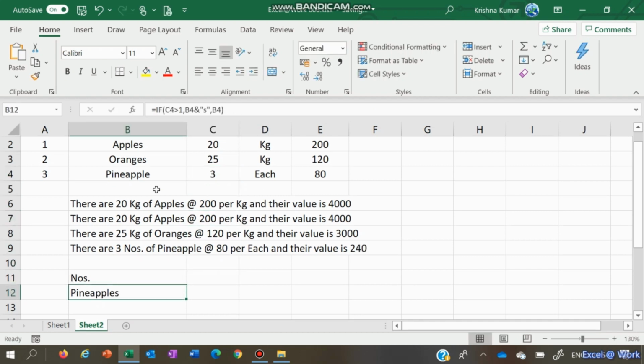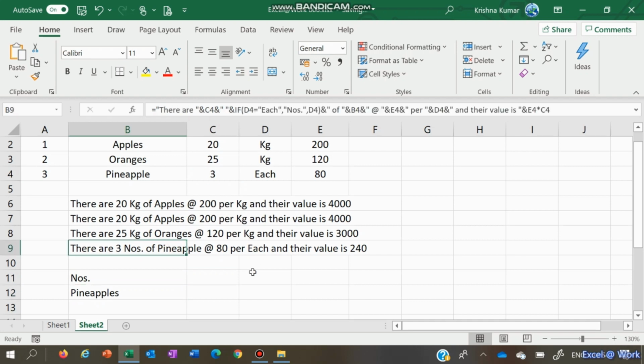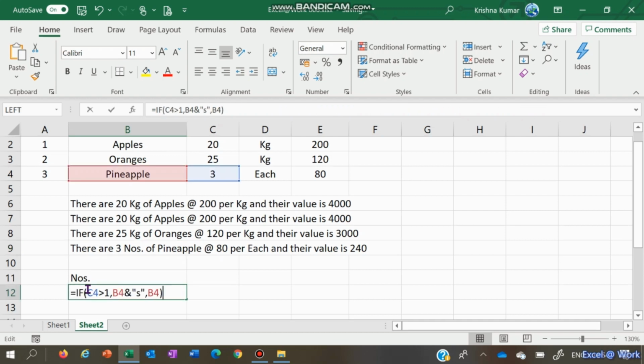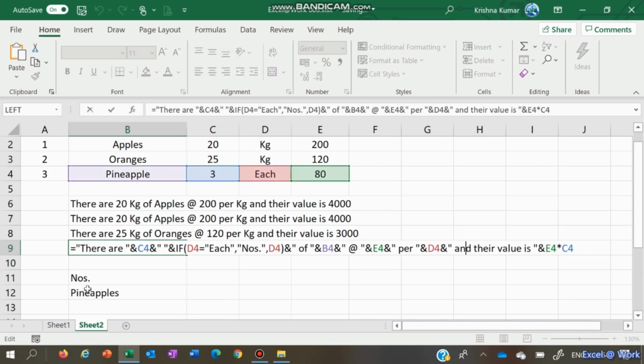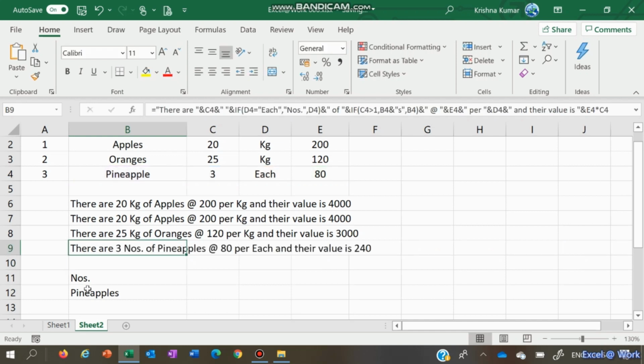So again now this we substitute in this formula, where pineapple is, B4 is substituted by this formula. Now it says there are three numbers of pineapples at 80 per each and the value is 240.